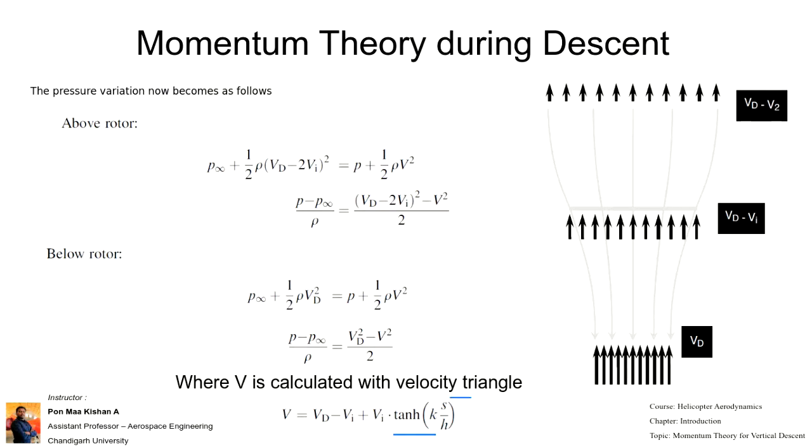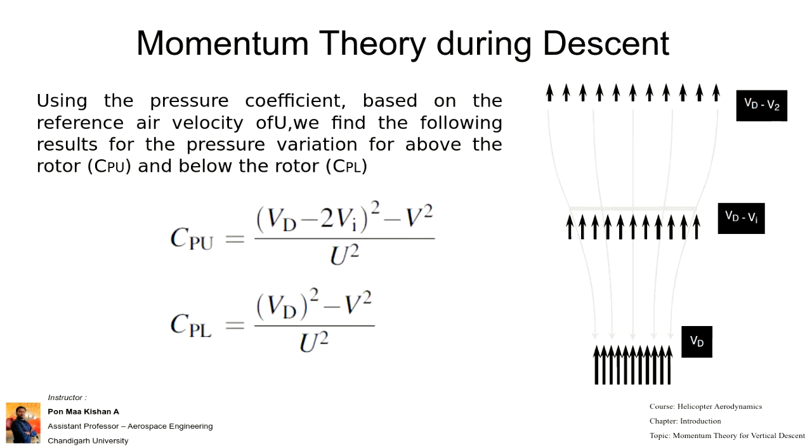The pressure is considered with respect to Bernoulli's equation itself, and from here the coefficient of pressure, the coefficient of pressure term in the upper layer and the lower layer. During the descent, how the coefficient of pressure is going to act, that is Cpu and Cpl. How has it been done?